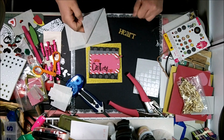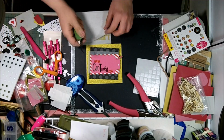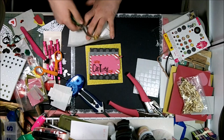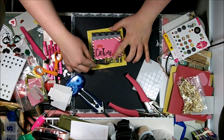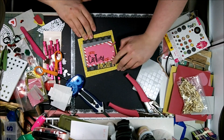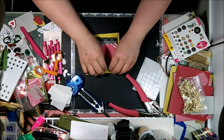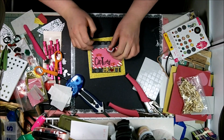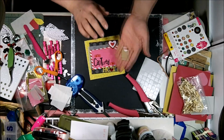It is this page. I did a lot of the lettering off camera, and it says you captured my, and then that is one of the silhouette cuts that says heart. You captured my heart. Then I use one of the small mirrored embellishments and one of the Recollections layered stickers to add some actual